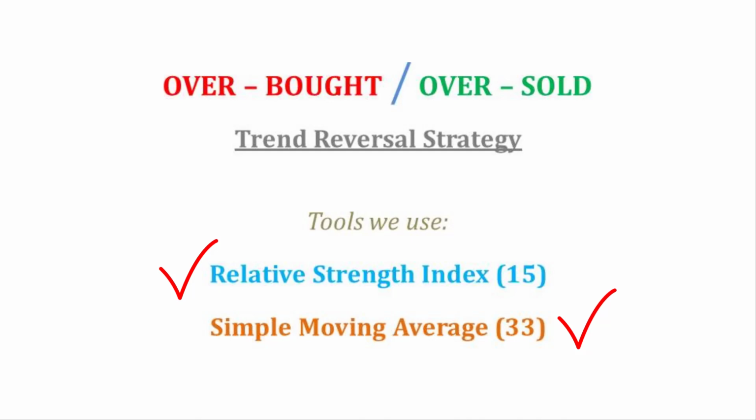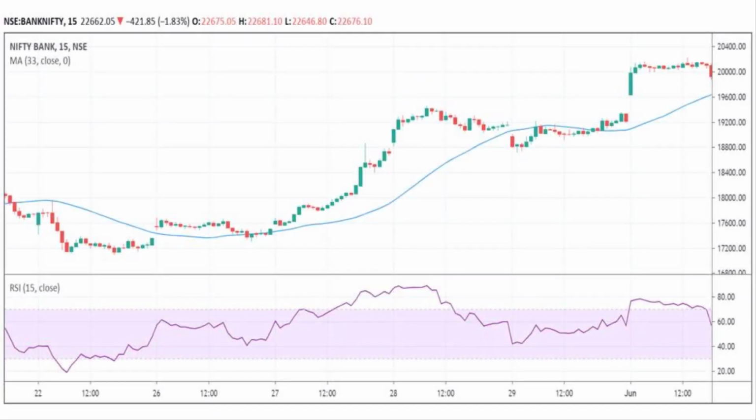Let's go straight away with the examples and see how to use them. In this first example, our trend reversal pattern is right here. So let's see how to place our trade. The most straightforward way would be to enter upon breakout of this moving average, right? So this is exactly what we would be doing. We will enter the trade once the price closes above the moving average and place a stop loss at the nearest swing point. So in this case, our entry would be around 17,500 levels and our stop loss would be